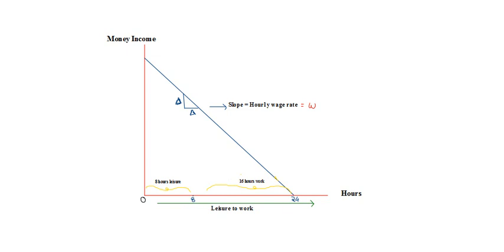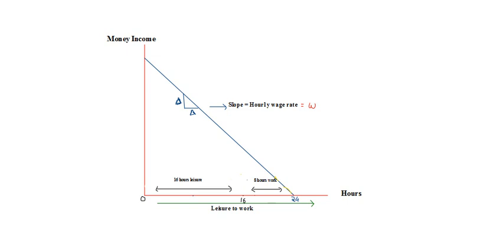So 24 minus any point between 0 and 24 gives us the number of hours which an individual has decided to allocate to work. Otherwise, any point from the origin till the point in question implies the hours available for leisure. If I have not written any point like 8, as it was there in the previous diagram, it implies that all these 24 hours are available for leisure, while in the second diagram 8 hours are available for leisure while 16 hours have been allocated by an individual to work.